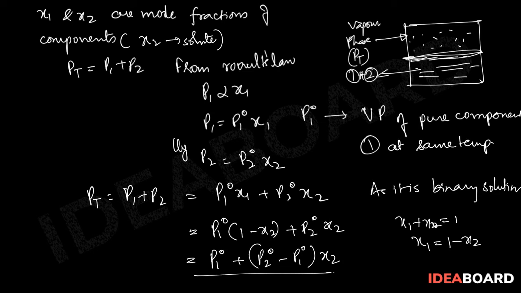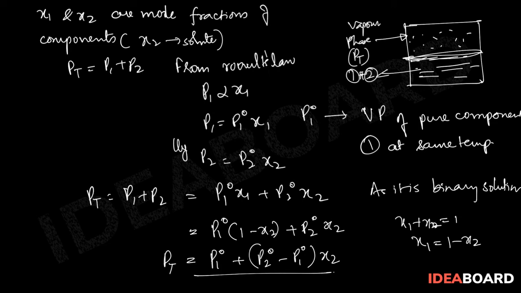Now I can easily conclude a few things based on this expression, where we have P total is equal to P1 naught plus P2 naught minus P1 naught into x2. So I can easily conclude two things here. Total vapor pressure over the solution can be related to the mole fraction of any one component. So I have related it here to x2, I can also relate it to x1. And another important conclusion is that total vapor pressure over the solution varies linearly with the mole fraction of component